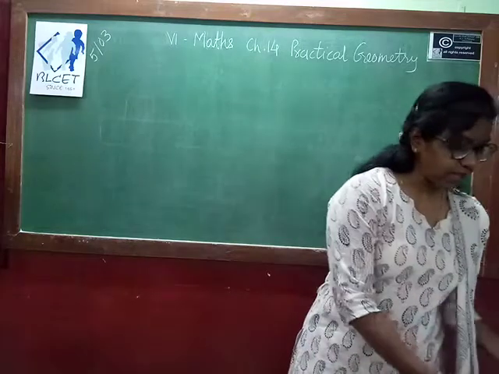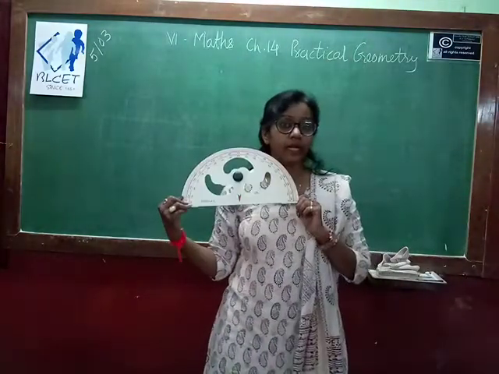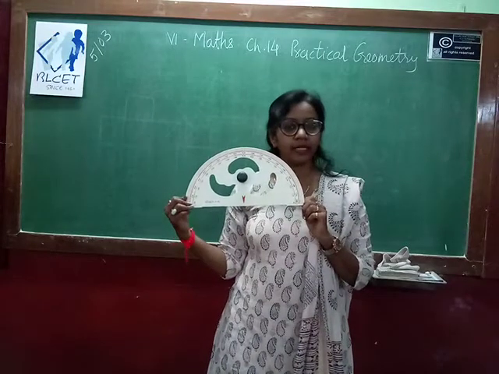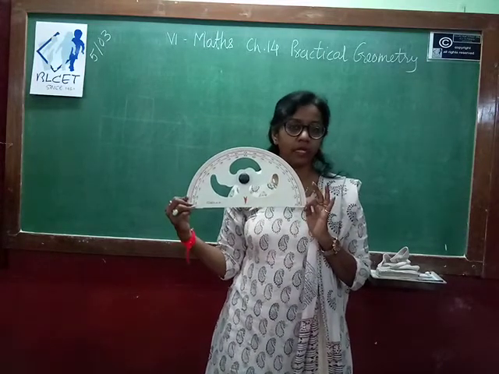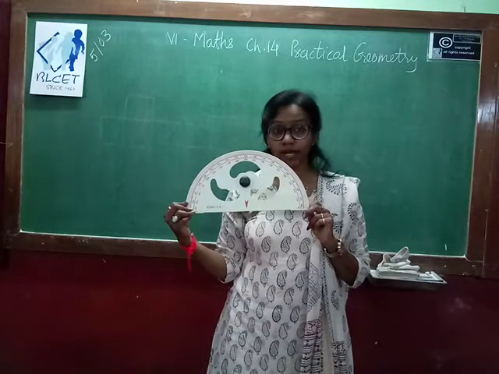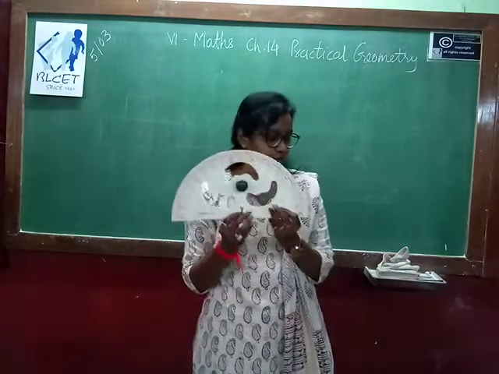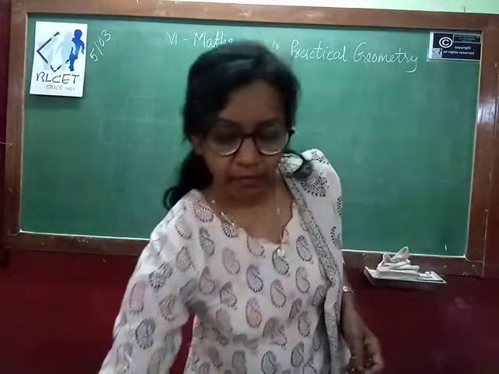And the last we have this one. This is your protractor. This is already there in your compasses if you have a geometrical box. Okay, in a normal compass box you are not getting this kind of instrument or tool except the ruler. Now what are its uses? Let's see. And the description.